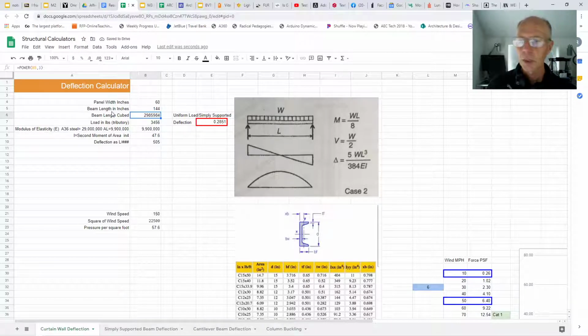These two values are in inches because that's how the calculation works using units in inches. So we cube the beam length, which is part of the formula. Then we're going to have to multiply it by the applied load, tributary load, which we calculate. And then in order to get this deflection, we just put all of these numbers into a calculation to come up with this deflection. We have a place to put our modulus of elasticity in. We have a place to take our section property